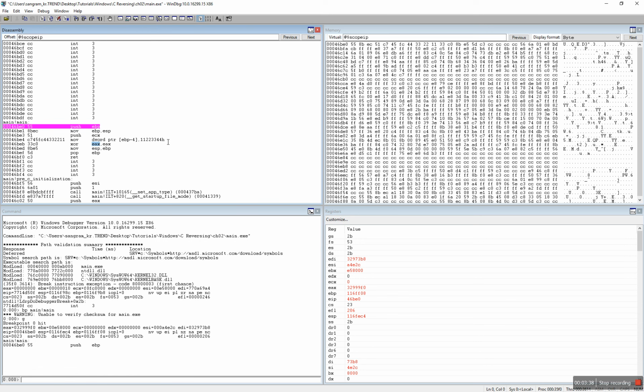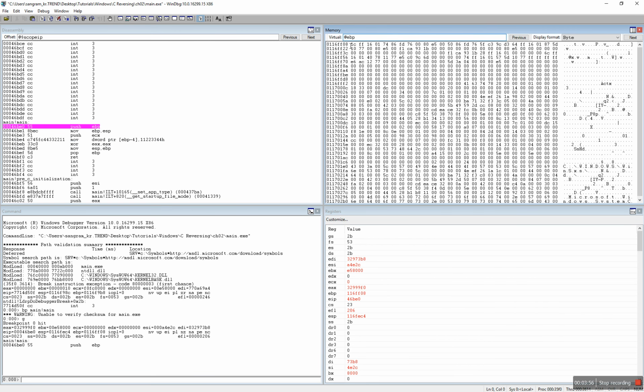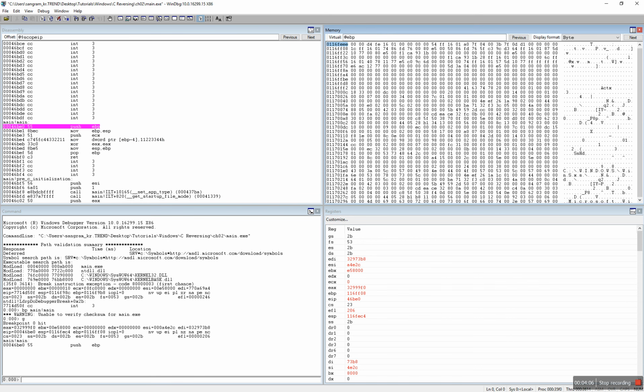So the interesting part is this one. What's happening is mov dword ptr [EBP-4]. It means wherever this EBP is pointing. So let's see where EBP is pointing. EBP, so it's this one. Also you can see from here, this is 116FF08. So EBP is over here. And if we scroll that,